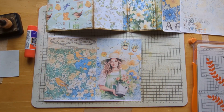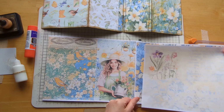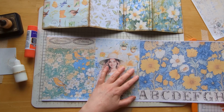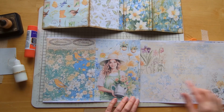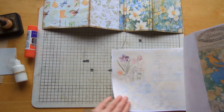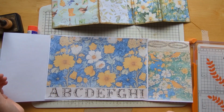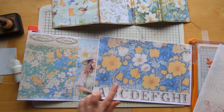Okay, next, it looks like I had a full digital. Now do I want that one next, or do I want that next? I think I want this one next, I think, do I? Let's see. Let's see what we like. Let's audition this one. Actually, I do think I like this one next. That does mean that that one, what you then have to bear in mind, if I flip this over, is going to join to this one. I actually think I'm going to swap back to this one so that I've got the neutral between these two